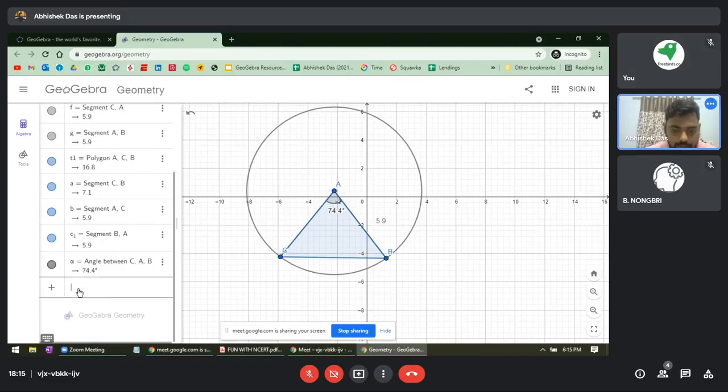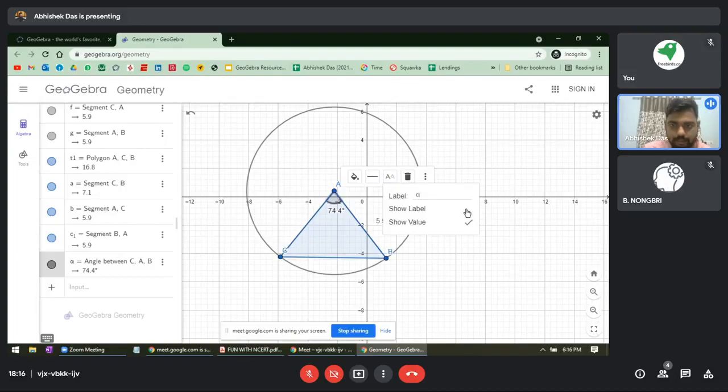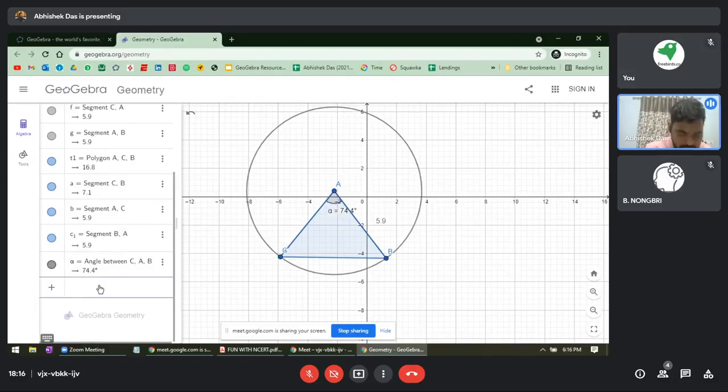Now, for when the degree measure is given, then the arc length is given by theta upon 360 multiplied by the circumference of the circle. Let's figure it out. Here theta is 74.4, and here it is labeled actually alpha. So let me just write down alpha